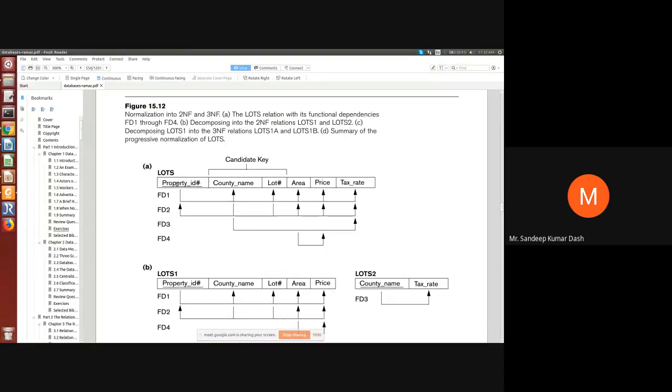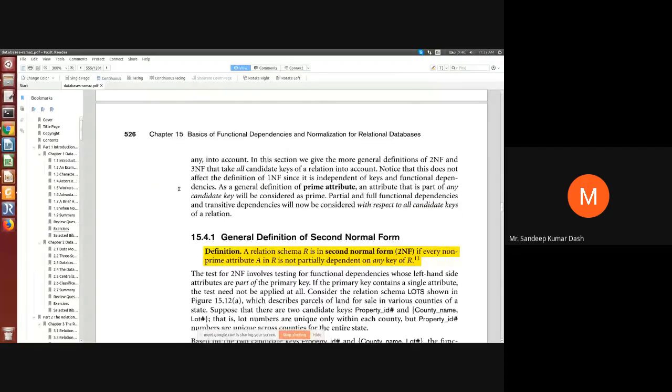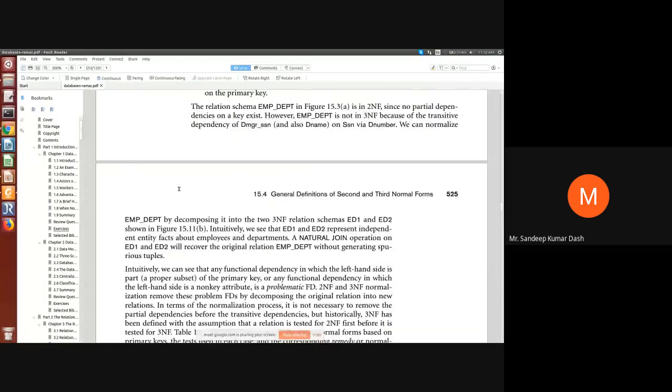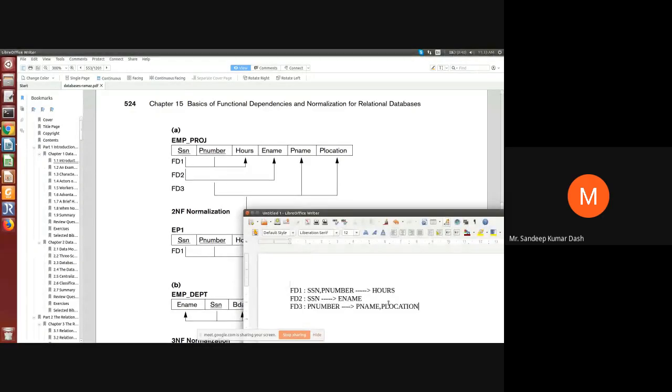So there is no worry of whether it is partial or full, because this arrow means these are dependent on this one. In the previous case, the arrow means it is dependent on these two. Ename is dependent on SSN. Like here we wrote it is dependent on SSN and pin number. Ename was dependent on SSN.